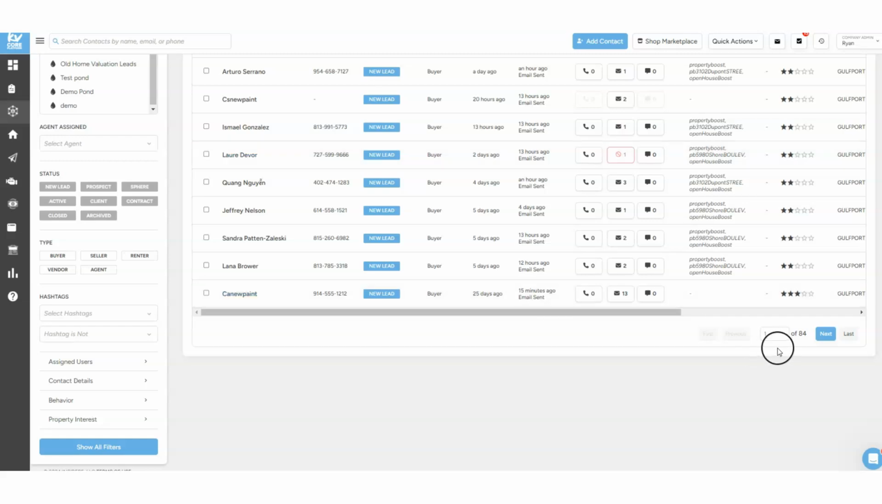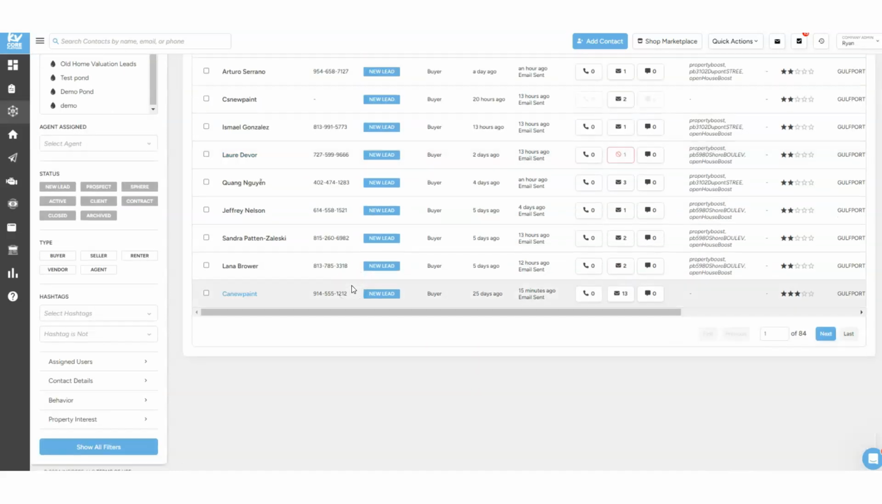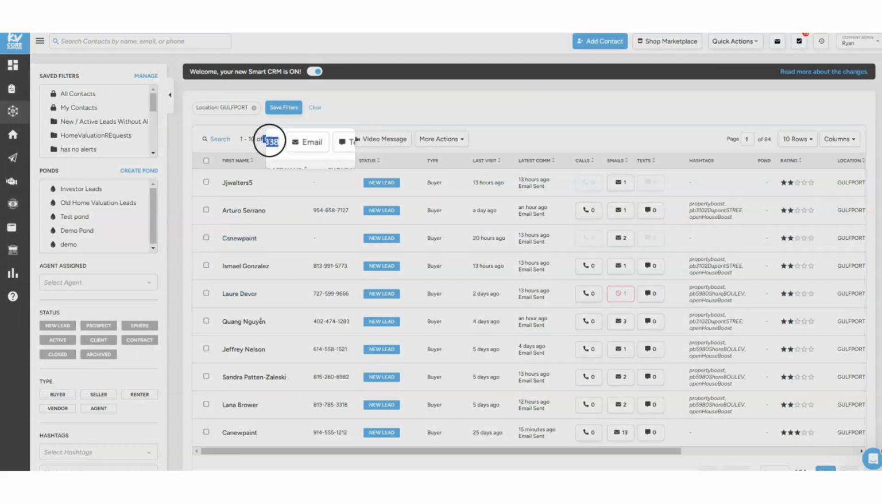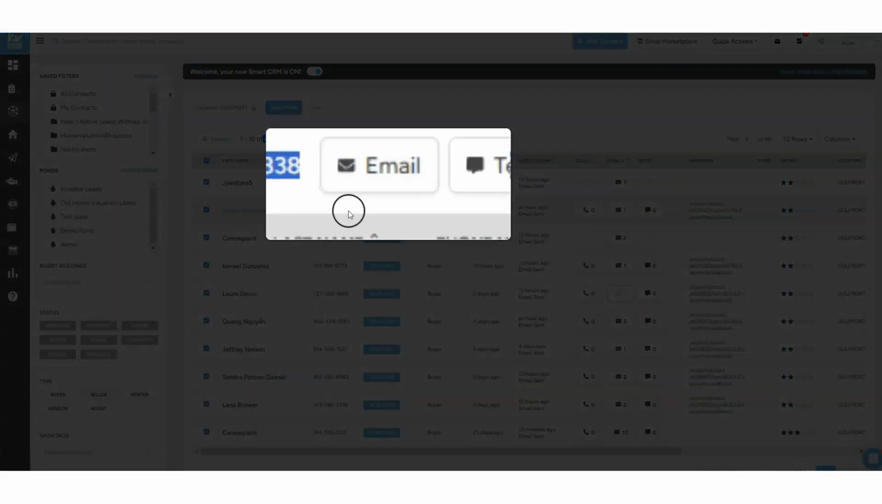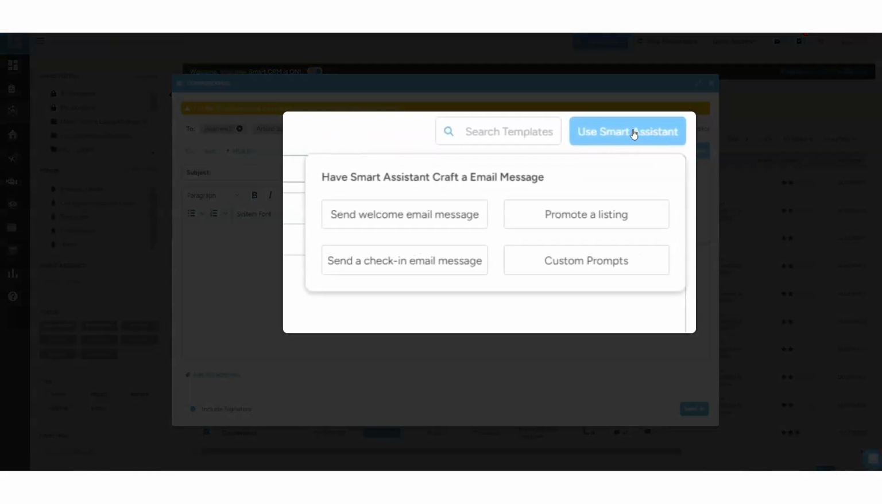So very cool. We have 84 pages. We have 838 people in this particular database who have looked at or seen properties in this area or this neighborhood in the system. So what I can do now is click email, choose all my contacts, then click email, and then I can use the Smart Assist, click use Smart Assist up at the top right,